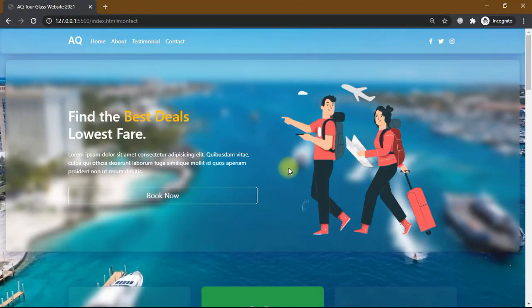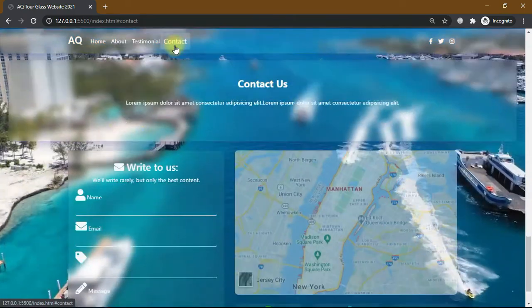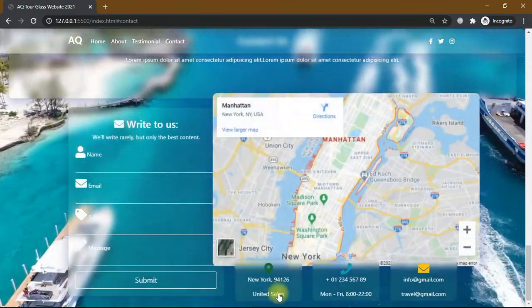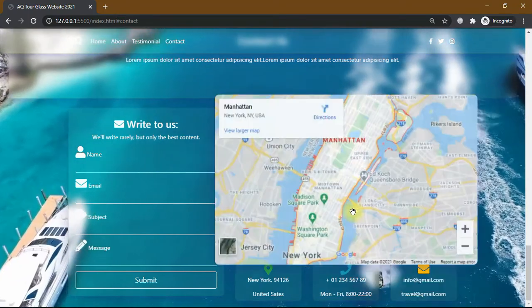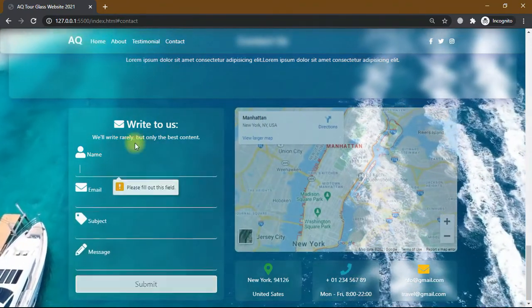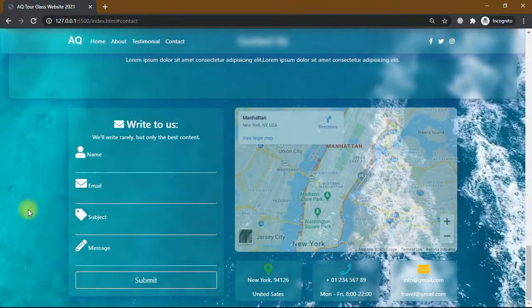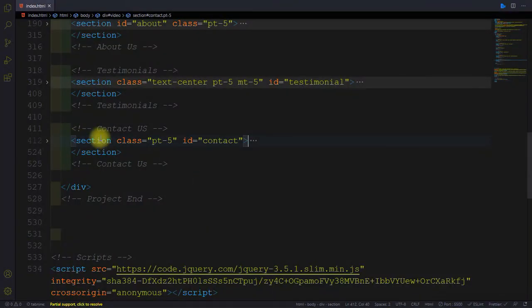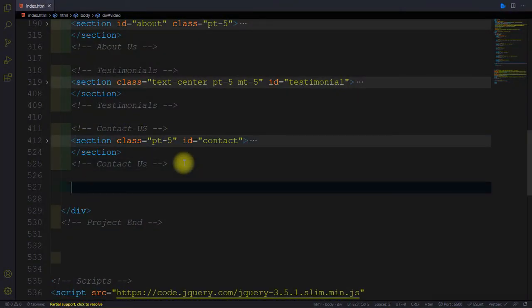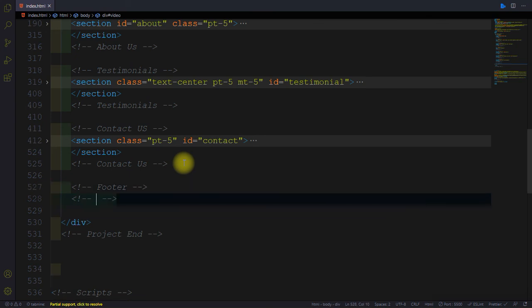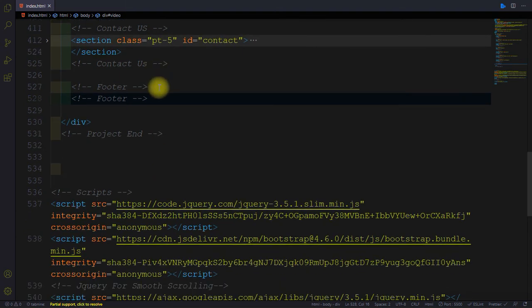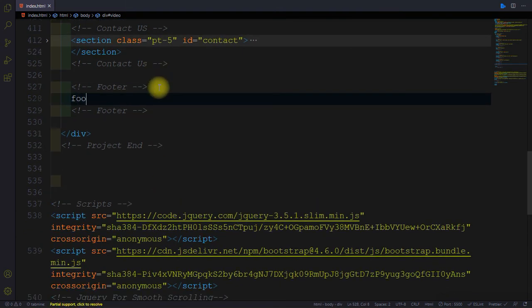So let's look in our browser. Contact us. We have the map, icons, hover effect, and transition effect also. So now let's create the footer. In the footer we have social icons and a copyright section. So, footer tag,